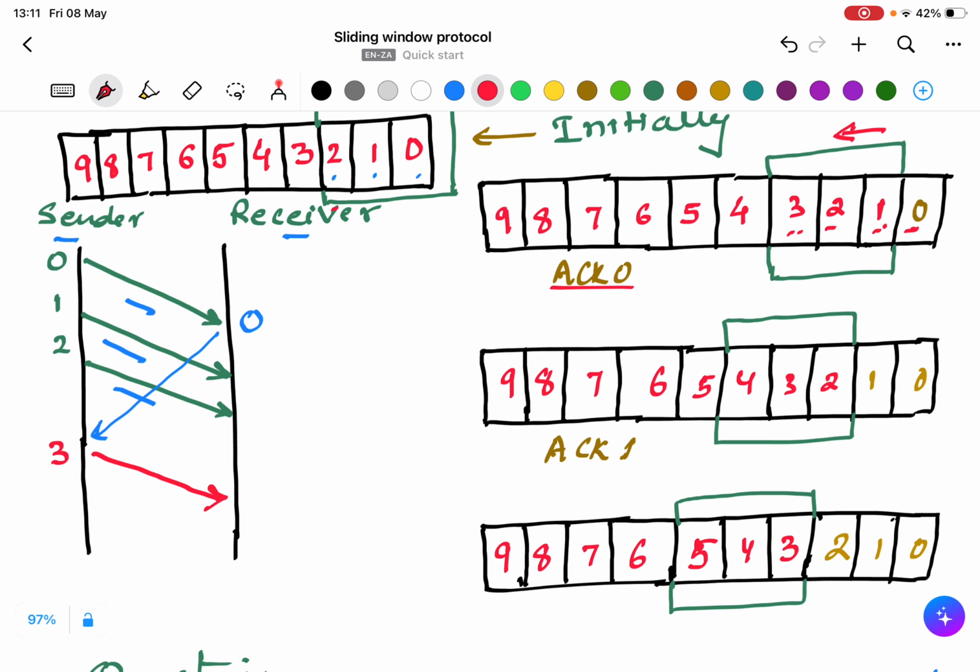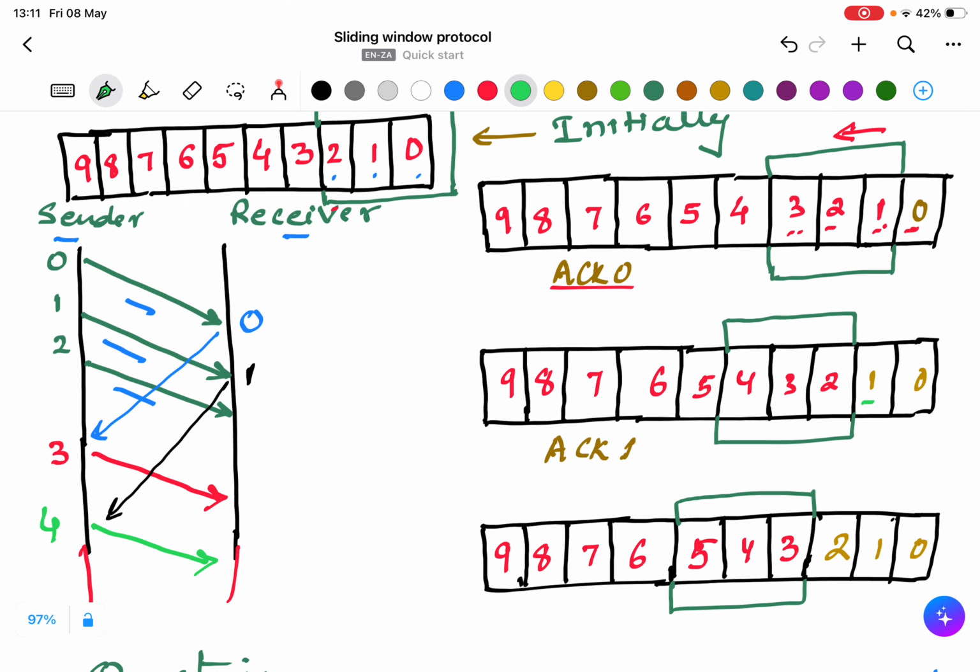Now let's say it receives the acknowledgement of 1. When it receives the acknowledgement of 1, it will send packet number 4.